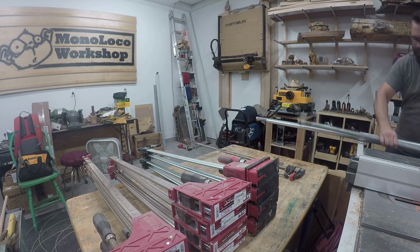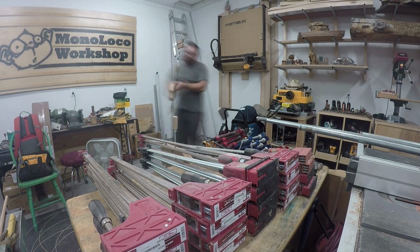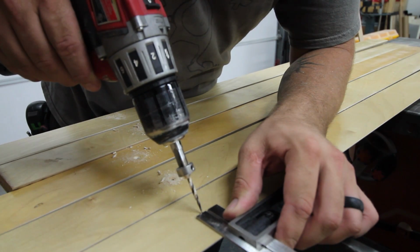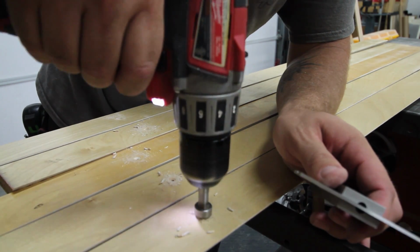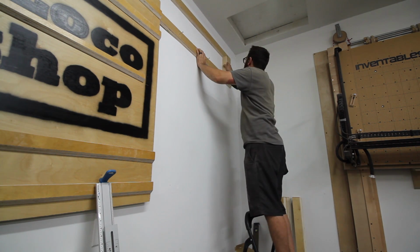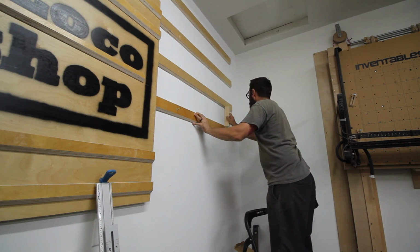I had to make some room and get my clamps somewhat organized before I could start installing the cleats. It turns out that I have a fairly large collection. To ensure my rack was up to the task of holding the weight, I needed to make sure they were level and screwed to the studs. After getting the first one installed, I could use spacer blocks to make sure the rest were properly aligned and